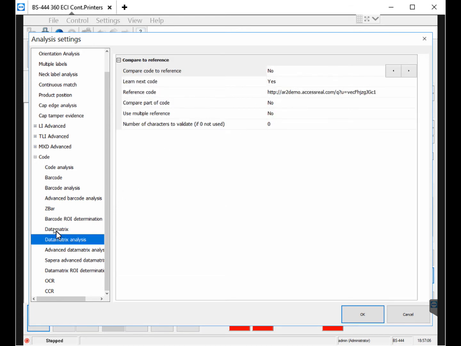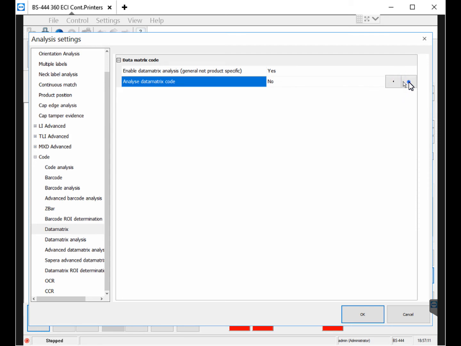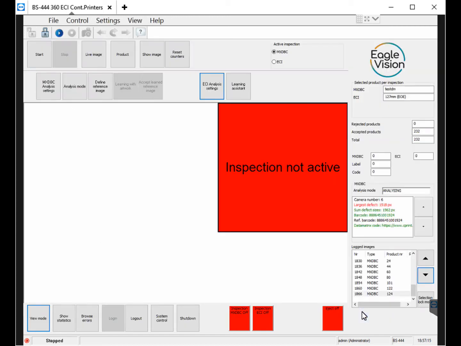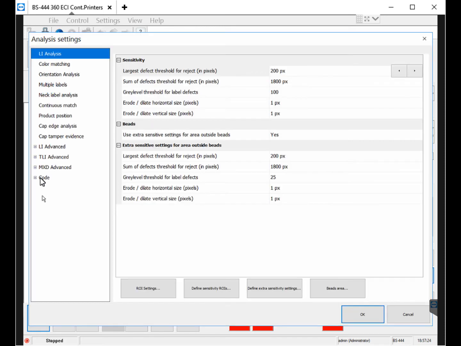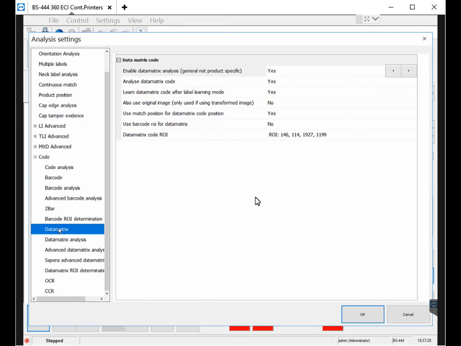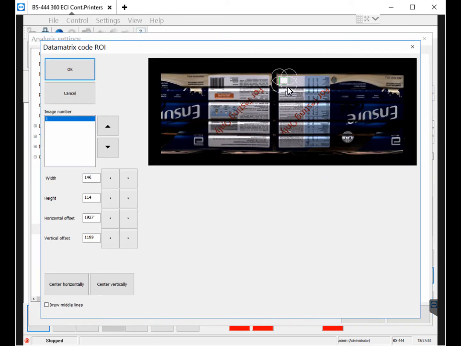So it says data matrix is already turned on, but let's say it was turned off, you turn it on then, right? And then you hit OK again, and then you find all these other new features down there, so all these other items, and then we're going to look at the ROI, and the ROI needs to be where the data matrix is located. So in this case,